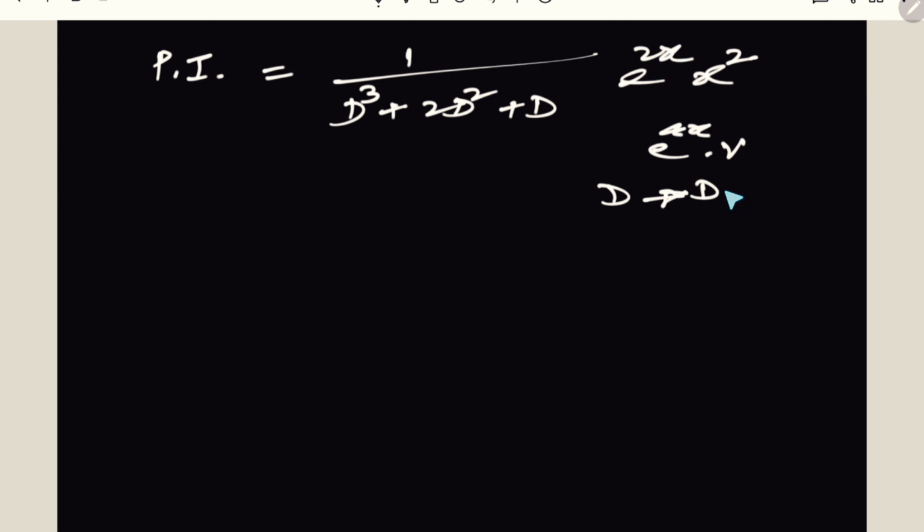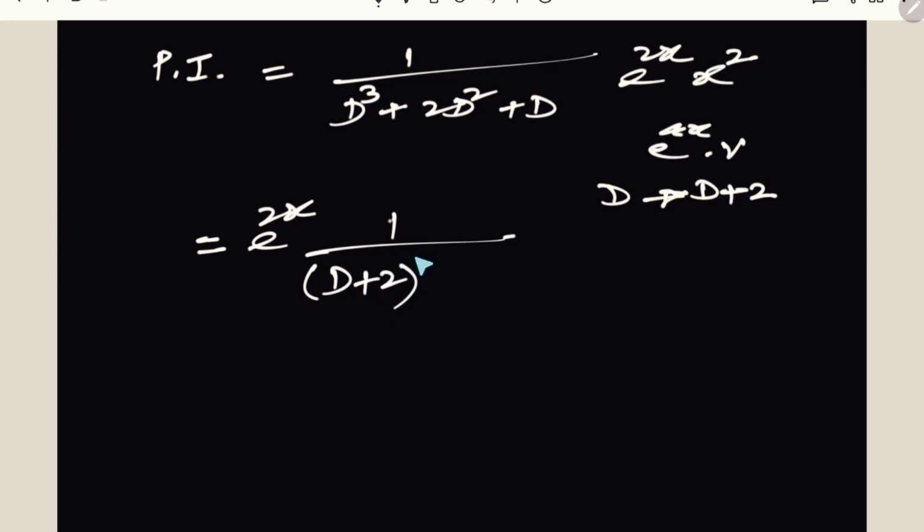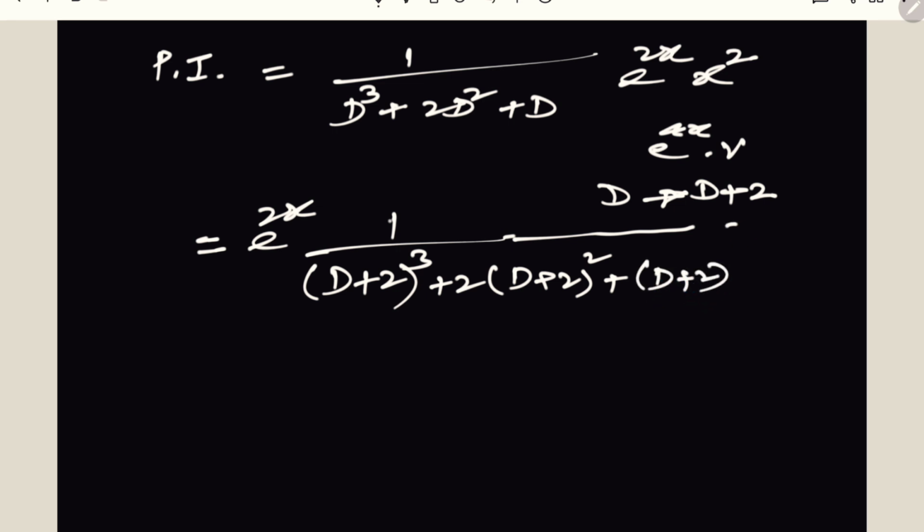A is here 2, and therefore replacing D by D + 2, we have to take e^(2x) before the operator, outside that operator, and 1 upon, replacing D everywhere by D + 2, it becomes (D + 2)^3 + 2(D + 2)^2 + (D + 2), which we have to operate on x^2, and then expanding each and every bracket